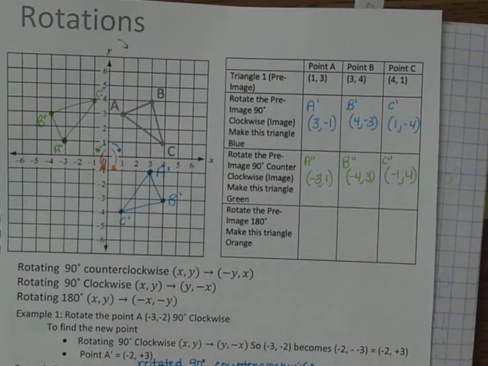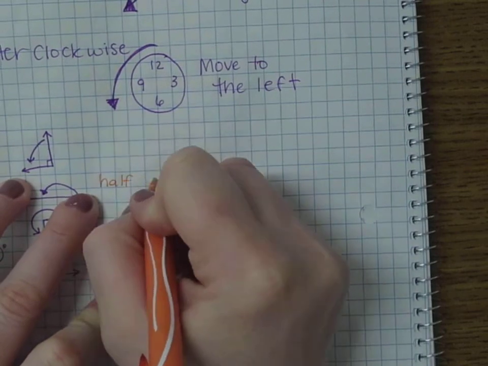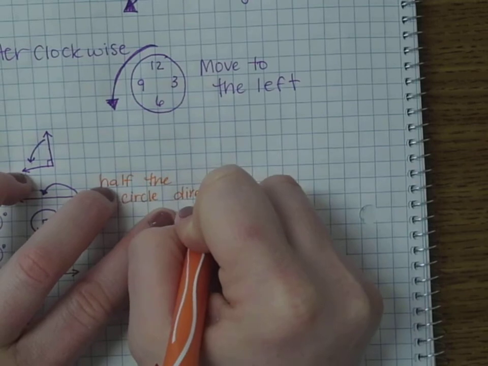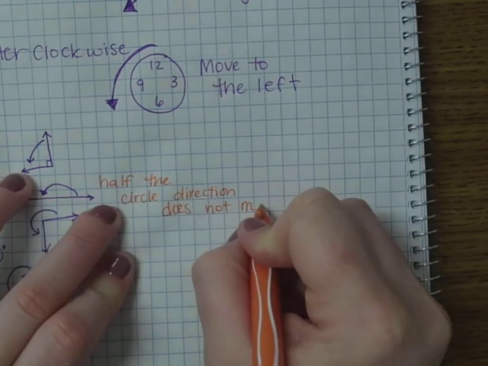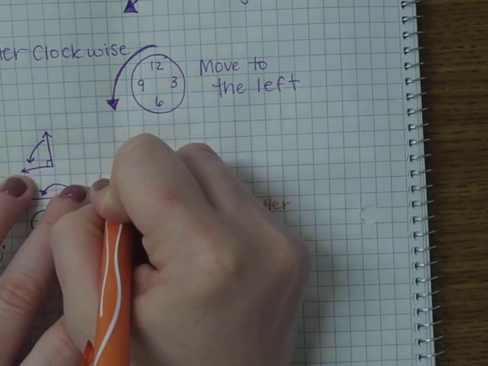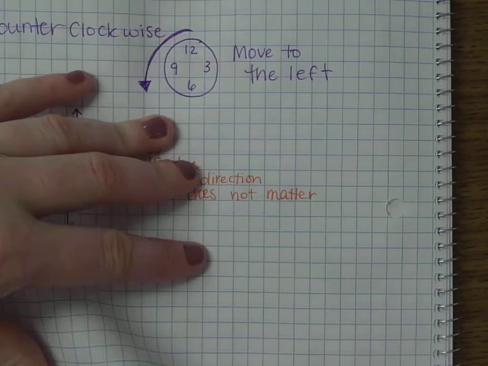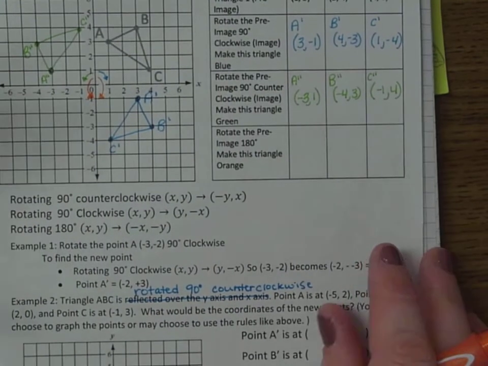So you probably want to write that on the back where we were writing those other things. 180 is half the circle. Direction does not matter. So 180 degrees is half the circle, so the direction does not matter. Okay? So then again,